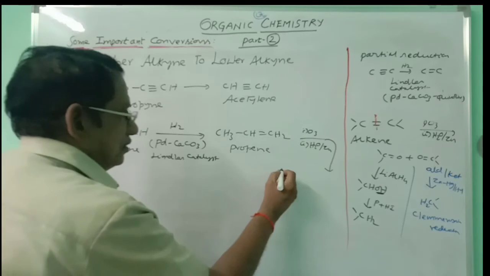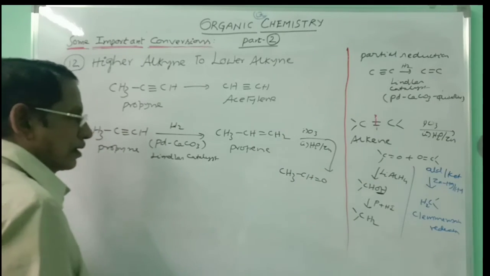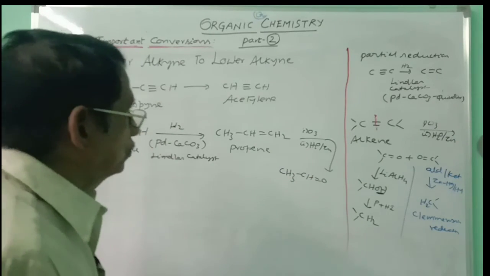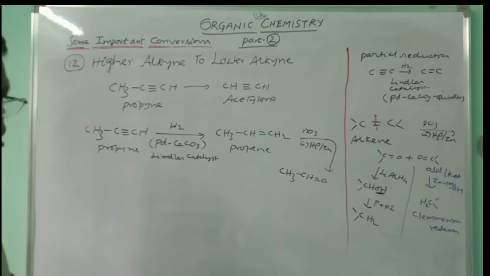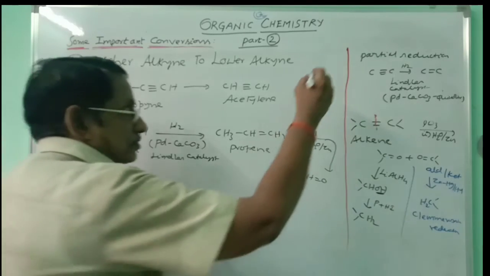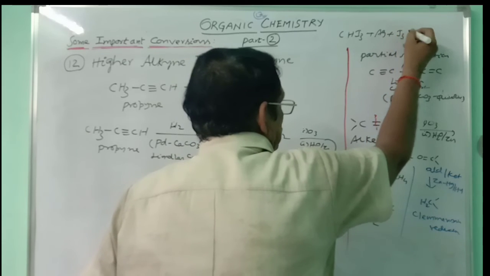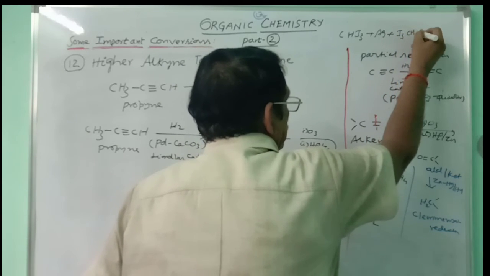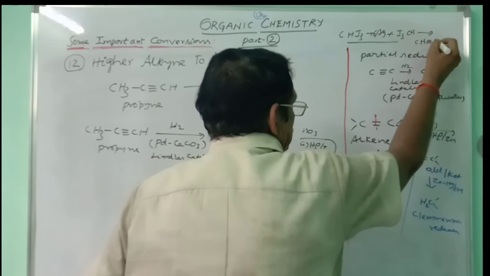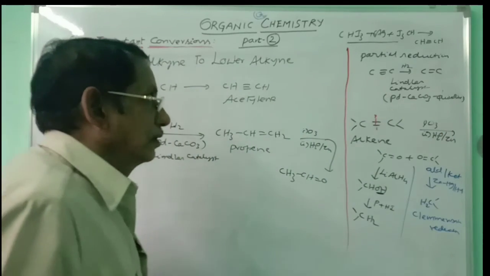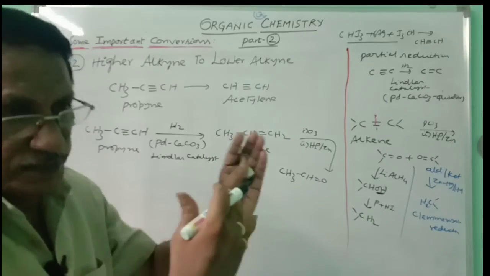What will you get here? CH3 CH double bond O. This is to be converted into acetylene. In what way it can be converted? You know one fundamental reaction. Whenever iodoform is heated with silver, 6 Ag is separated and it will be converted into acetylene. This is one technique. Remembering that silver, when heated with iodoform, will give you acetylene, a special preparation of acetylene.